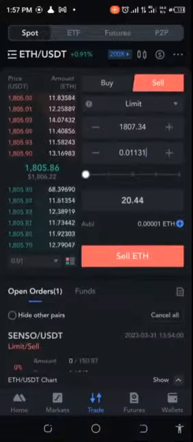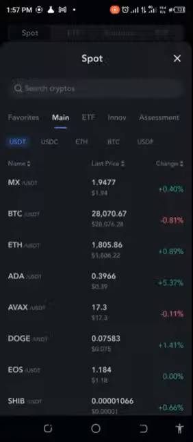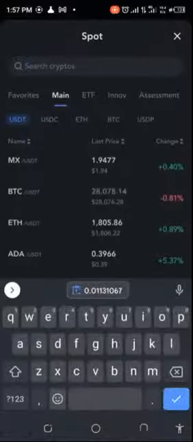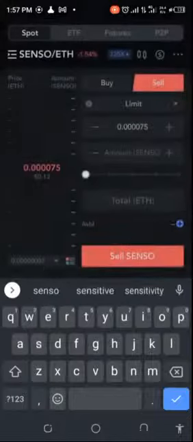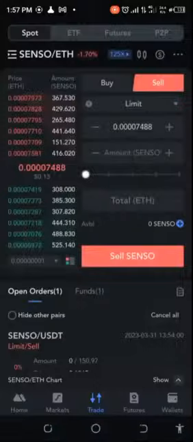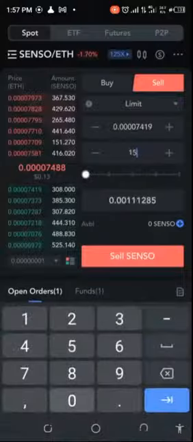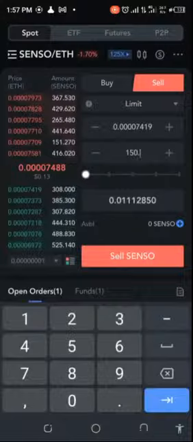I mean, right now ETH is 1805. So let's go see whether that's possible. Let's just quickly do this. I'm just going to put the Senso and see whether I'm going to be able to quickly make back my money. So what I have here is, if I pick this 7419 and I put 150.97,